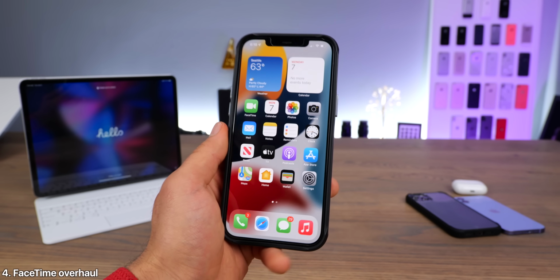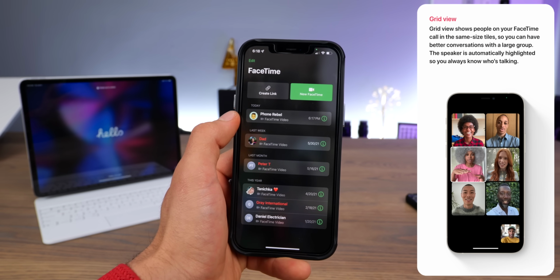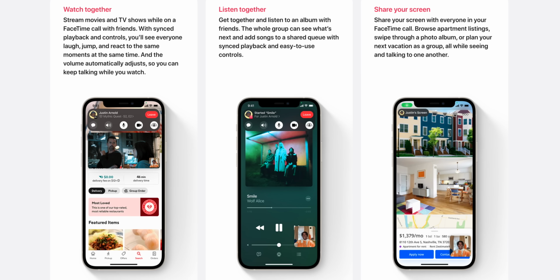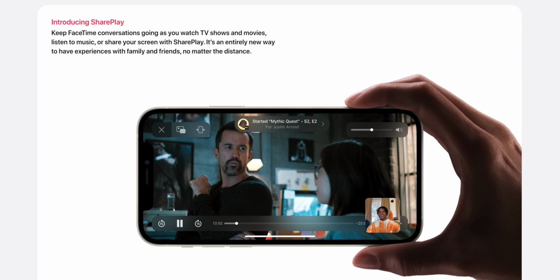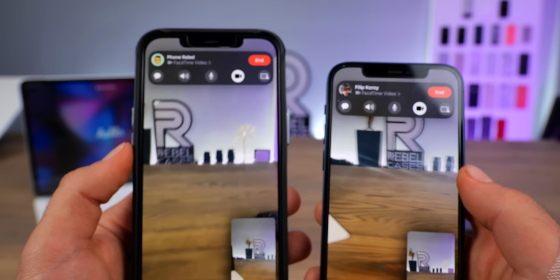And next up, FaceTime. FaceTime has received a number of new updates, including a new grid view and spatial audio, as well as this new bar view up top, in which you can do screen sharing. And then of course the feature Apple touted, sharing music, sharing video content so you can enjoy them together with your friends. I wasn't able to get that working, no matter how hard I tried, but you have a quick